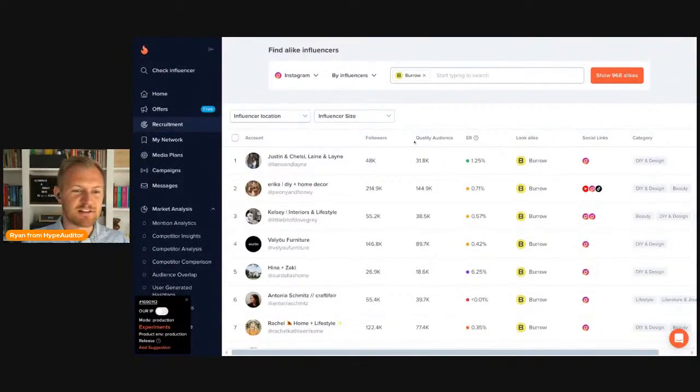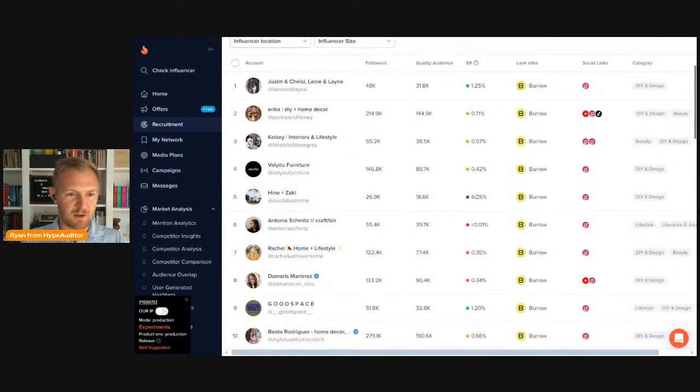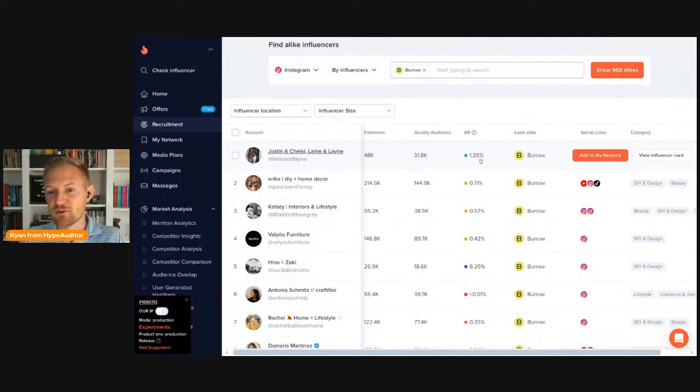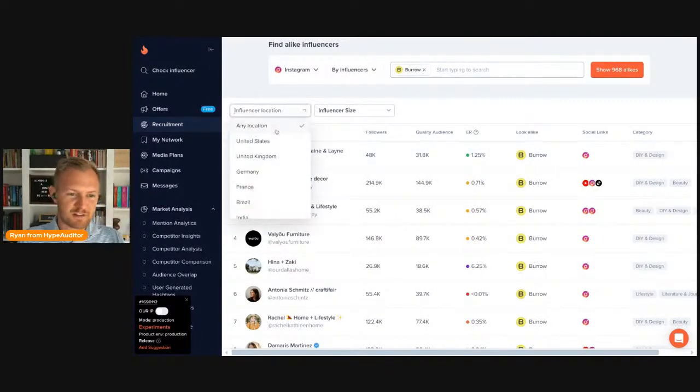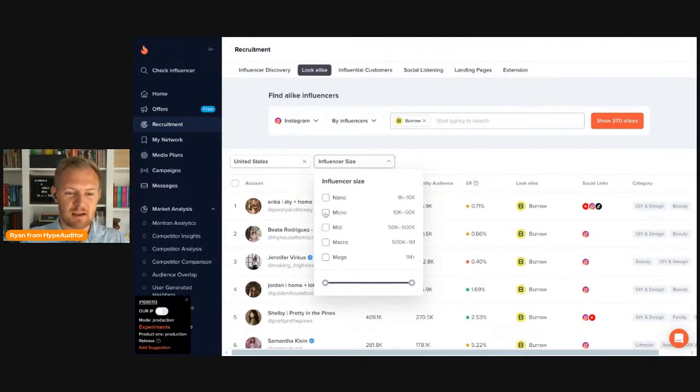Immediately, 968 similar looking influencers based off of just the makeup of their audience and the types of content that they put out. We can see here at a high level category: DIY, design, some beauty, maybe not as relevant, lifestyle could be good. Justin and Chelsea, Lane and Lane, this looks interesting. Relative engagement seems pretty high. We're going to be focusing on influencers in the US. We're going to be focusing on influencers maybe in that